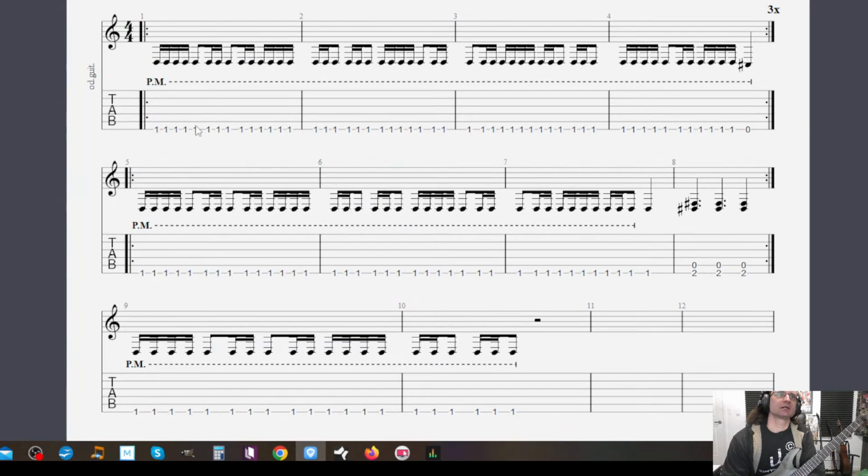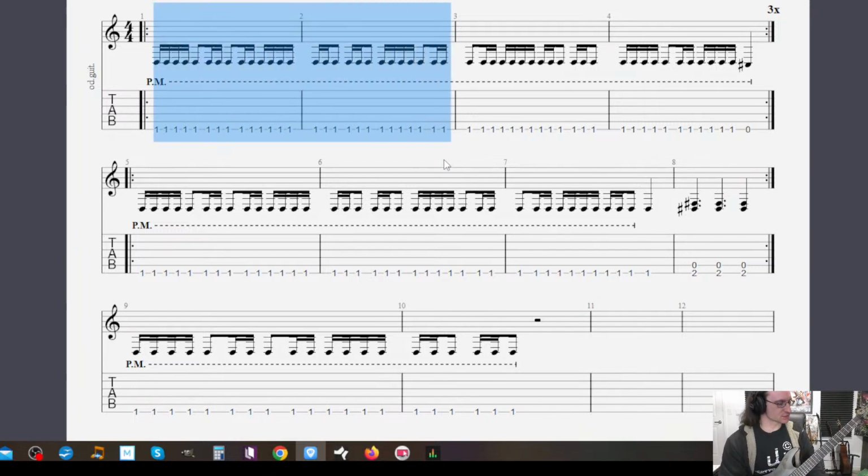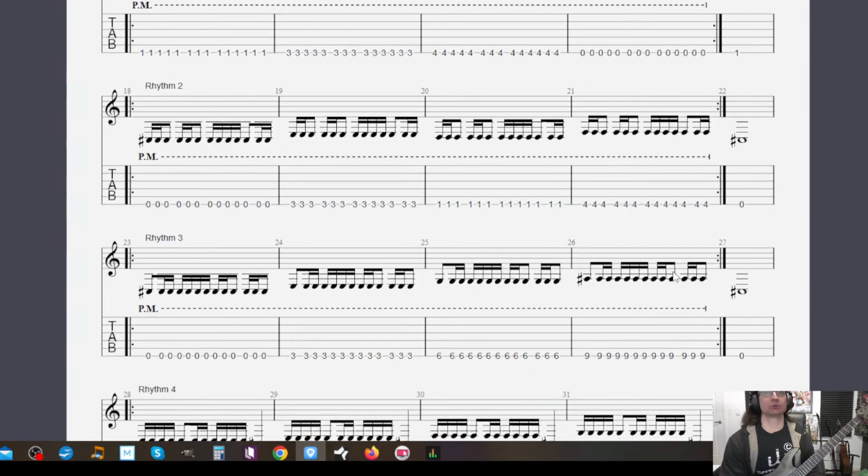So the next thing I advise students to do when doing something like this, when they're working on a very challenging rhythm, or just a challenging thing all around, is once they get the 1 bar done, then you work on 2 bars. So that's going to be the start of rhythm number 5. We're going to go between these 2 rhythms here.